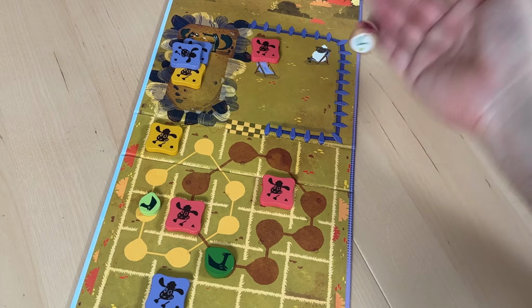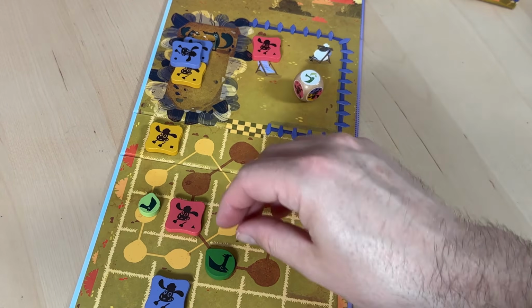And we win if at the end of the game, after all the sheep have left the board, there are more sheep in their safe zone. And if there are more sheep in the wolves' place where they're doing some cooking, then the wolves win the game. This game, although it's really simple, has some really interesting and quality decisions to make along the way,